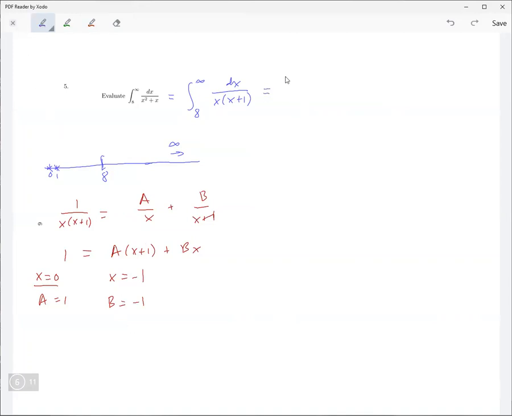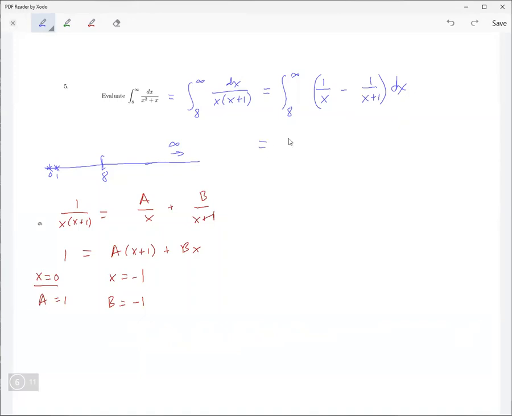Okay, so that means that this integral is the integral from 8 to infinity of 1 over x minus 1 over x plus 1. Okay, so you might be tempted to split it up into 2 integrals, but that would be a mistake, because then you could calculate one of them to be infinity, another one to be negative infinity, and then you have infinity minus infinity, which can be strange things, by the way. It's not necessarily going to be 0 when you do limits of these things. Okay, so leave them together. Don't split it up into 2 integrals.